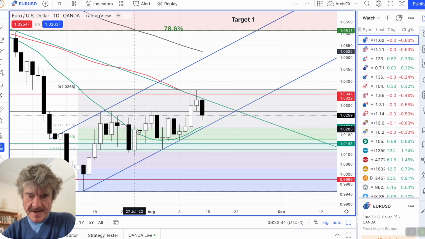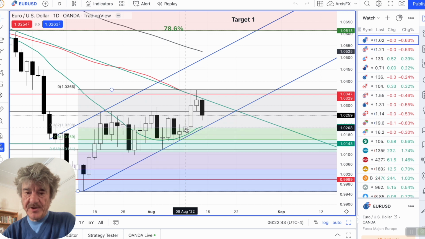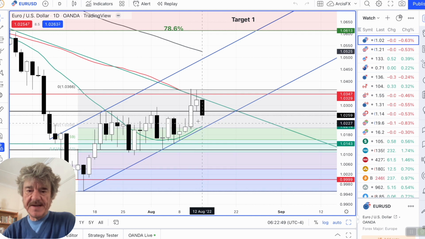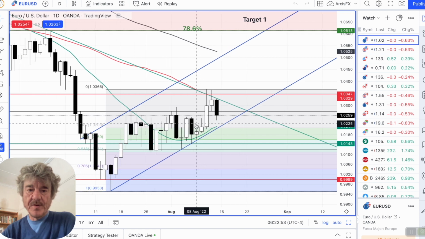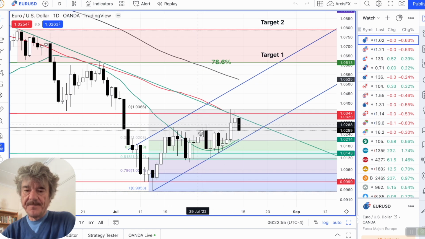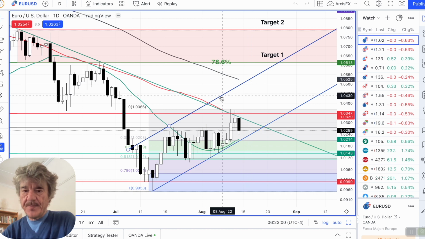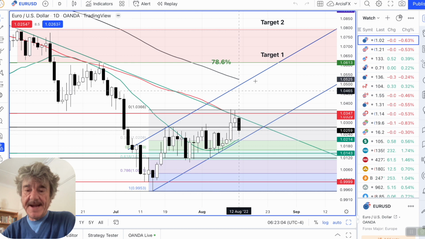Now, what's interesting about this chart as well is how beautifully we've held above this upward curving now 20-period SMA, and we've held above these Fibonacci levels down here. Now, we'll have a look at the hourly chart shortly. I've got a channel drawn in here. So the lower trend line, I've just duplicated that, made a clone or a copy, and just moved it up. So the top of this channel is there, and the bottom of the channel is the trend line, the upward